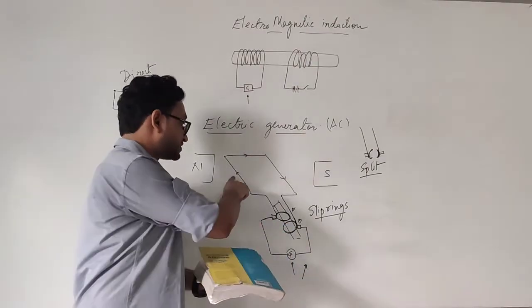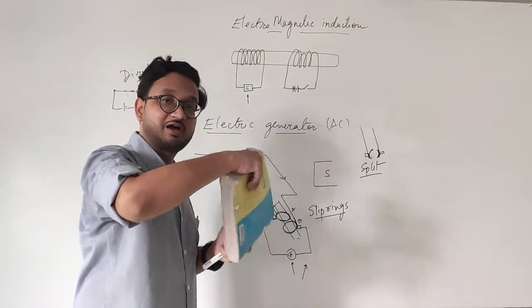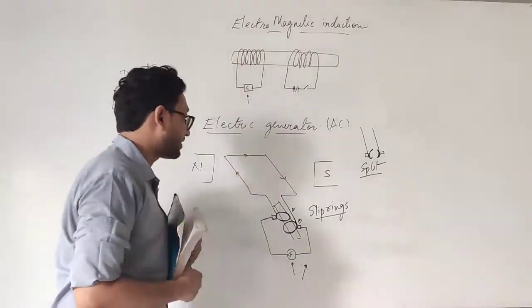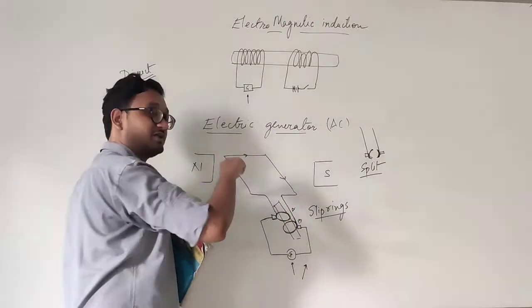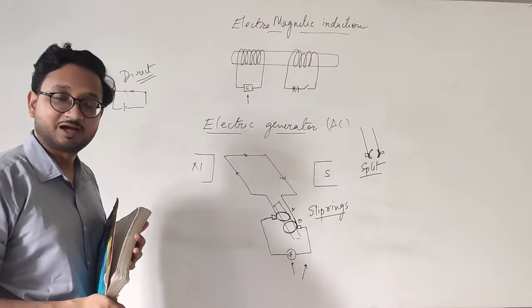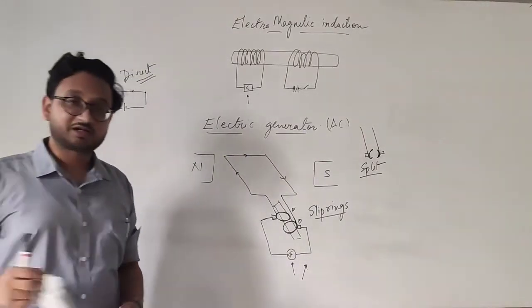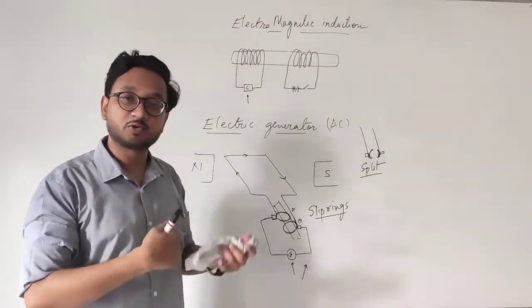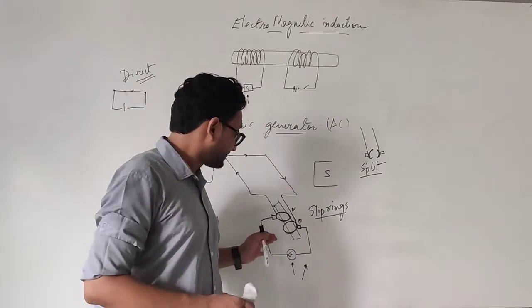But what happens to this part? When this part is coming this way, it goes in this direction, and therefore the current's direction switches, because the part which was providing current in this way, now it is providing current in the other direction. I hope it is clear to you, students. Because this is a little bit complicated, you can imagine this on your own. Take a book and try to do it yourself so that the direction of the current is understandable to you.